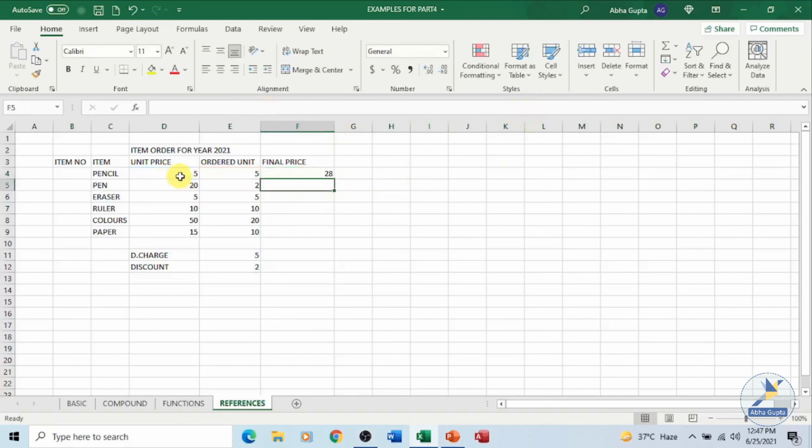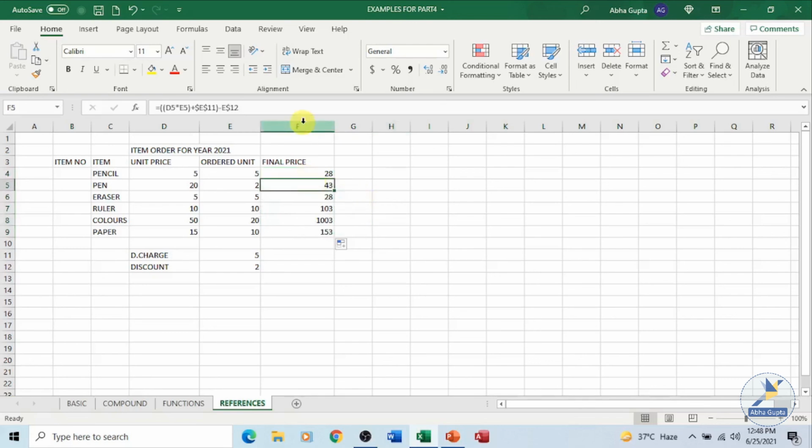You got unit price 5, ordered unit 5, that is 25, plus 5 for delivery charges, that is 30, minus discount, that is 2. Let's drag this and copy the formula to the other cells and see the result.